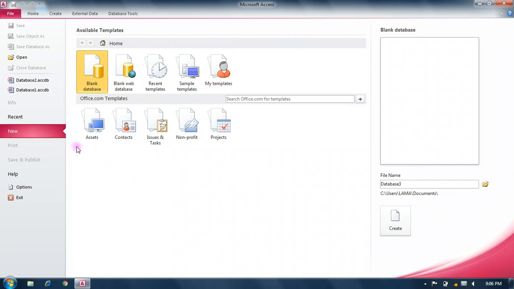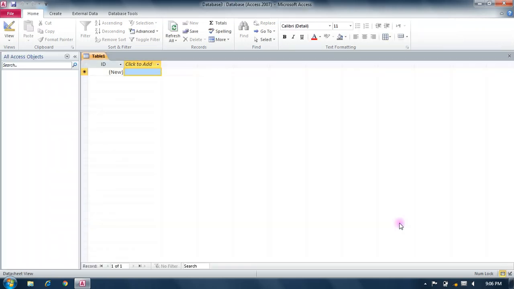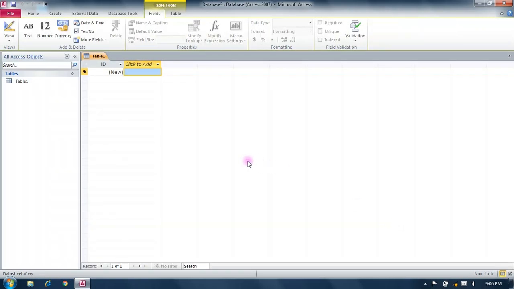So first we learn about its components, as usual like MS Word, MS PowerPoint.